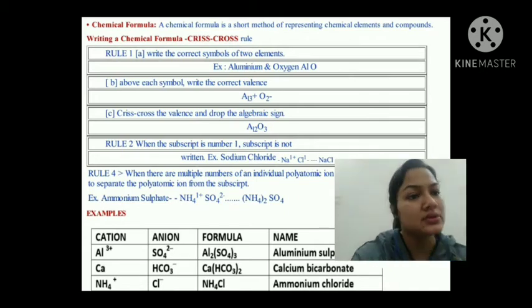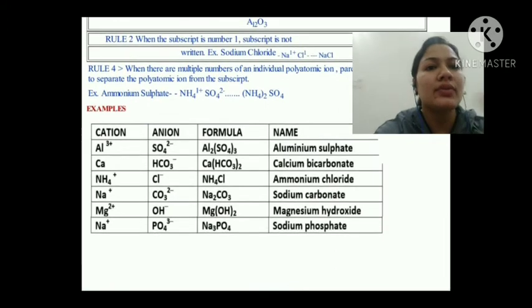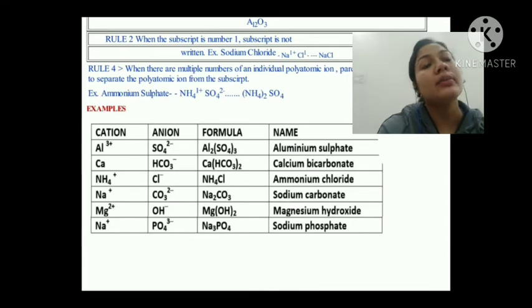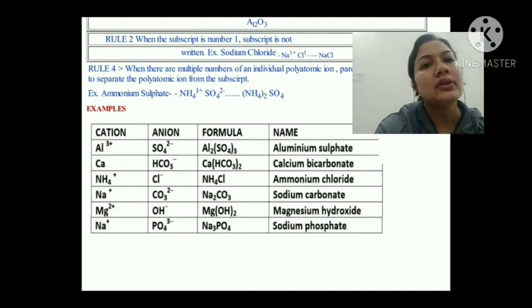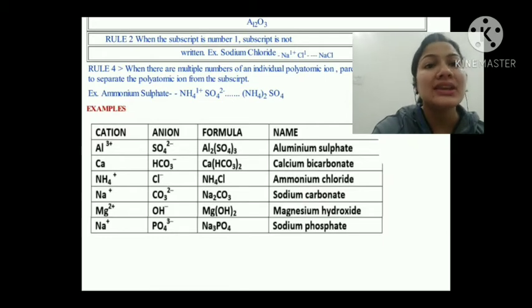Okay, I have already told you the method. You can go through these rules and you can just see that what method we have done is same as these rules. Now if you see the examples of cations and anions, it is given here. You can learn these if you want. If you know the valency, then you can find out yourself. If you know atomic number, then also you can find out yourself. You don't need to learn them. Like cation Al3 positive, calcium, NH4 positive, Na positive, Mg2 positive. So in the same way, calcium is +2. Okay, calcium is Ca +2. It is not written here, so you can correct it.